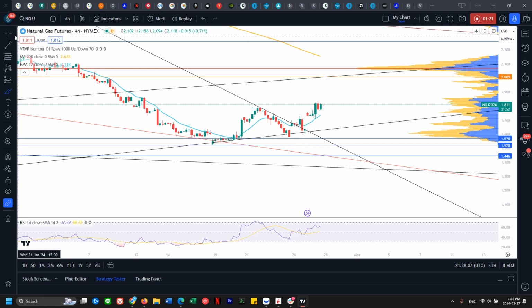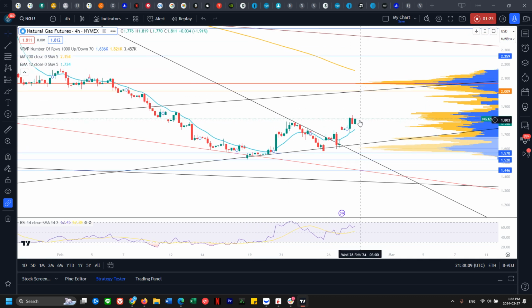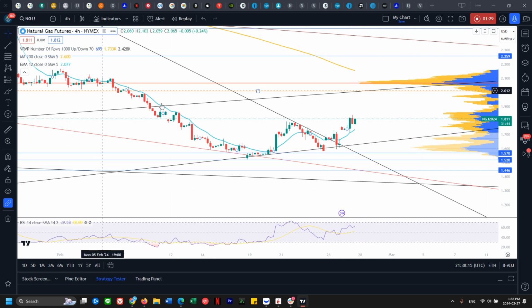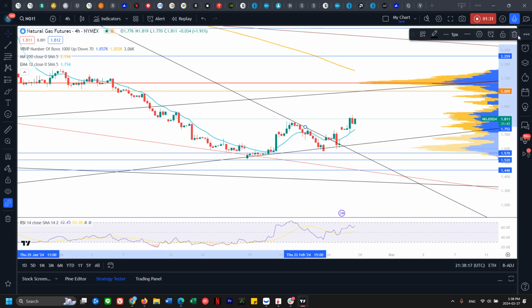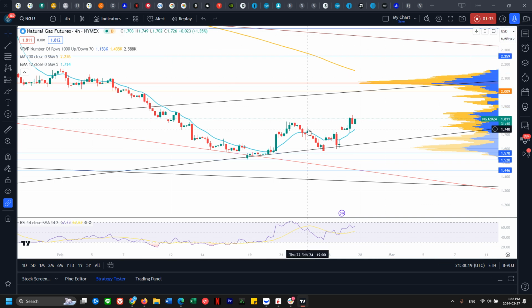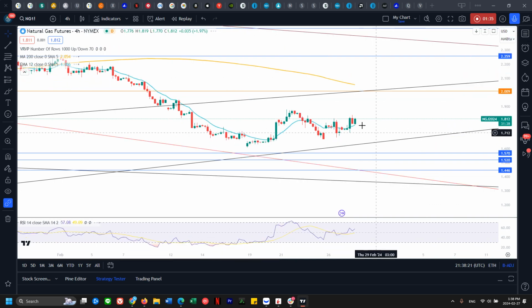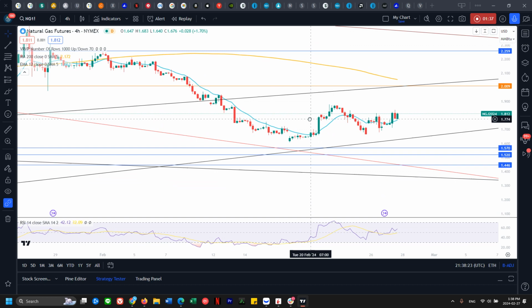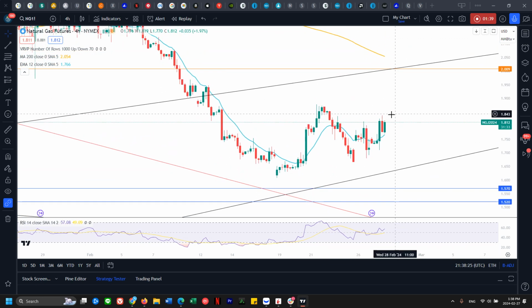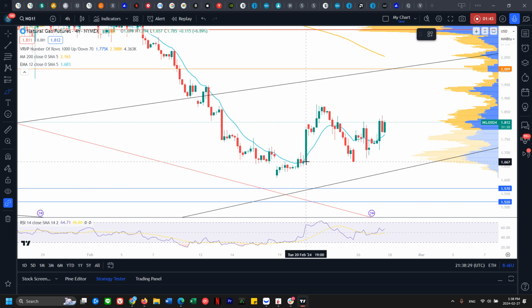Now let's take a look at what it needs to do to potentially confirm bigger trend changes for natural gas, to give us bulls more confidence. So let's delete this line and go to the adjusted. So now you can see there's no more gaps on the charts. So currently we haven't broken above the reaction high. So we got this news last week, and that day, this is the high, we haven't broken above it.